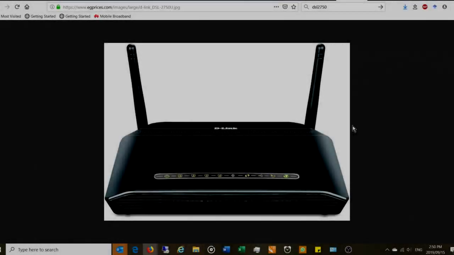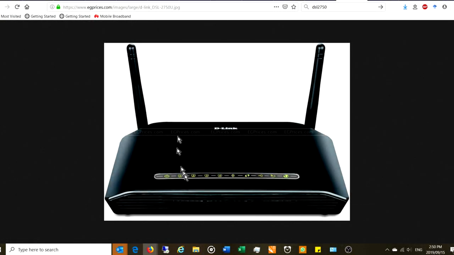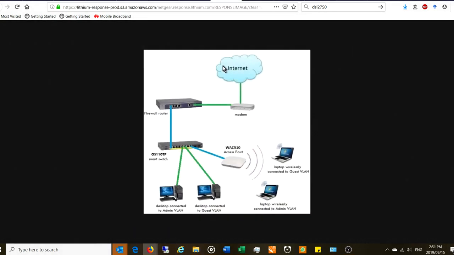Right, so maybe you've got a D-Link 2750 router lying around and you want to use it to expand your network. So maybe your network looks something like this. You've got your main router which connects to the internet. Maybe you've even got a switch and a couple of PCs, but there's a further section,